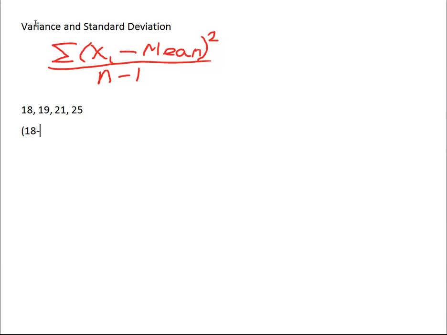Minus, and what's our average? If I add all 4 up and divide, I get 20.75. Then I want to minus 20.75 from the 19. Then the 21 minus 20.75, plus the 25 minus 20.75. Also, I want to square those terms, because notice we just took how far away each term is from